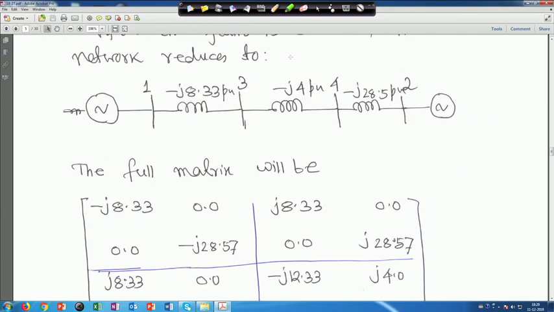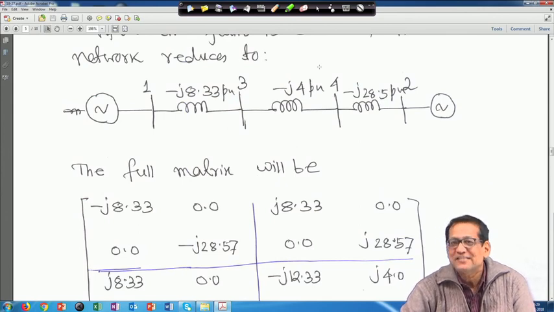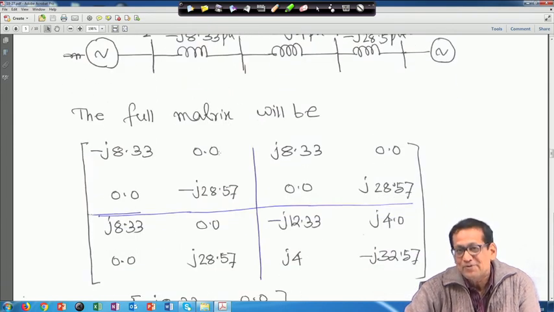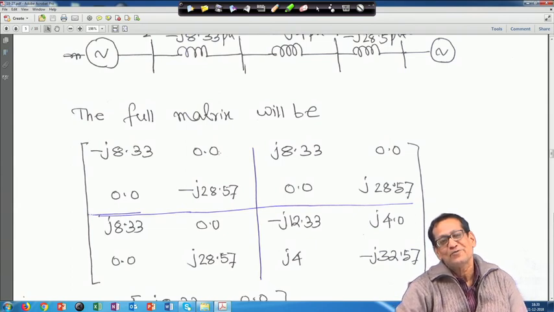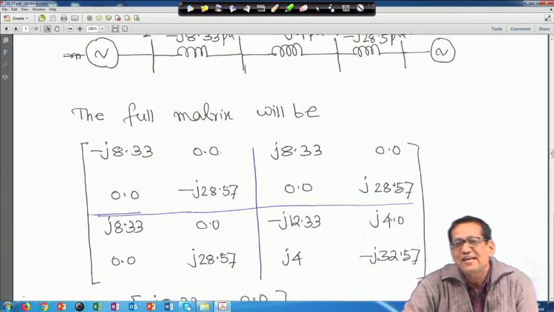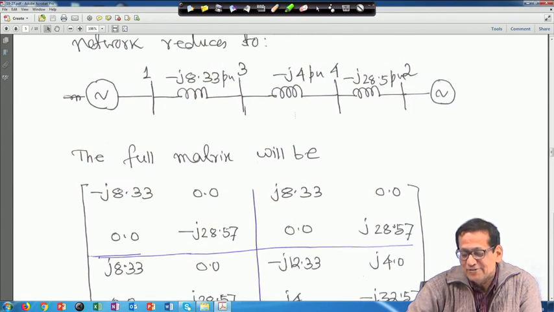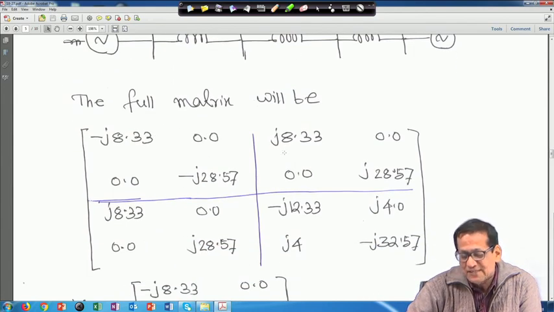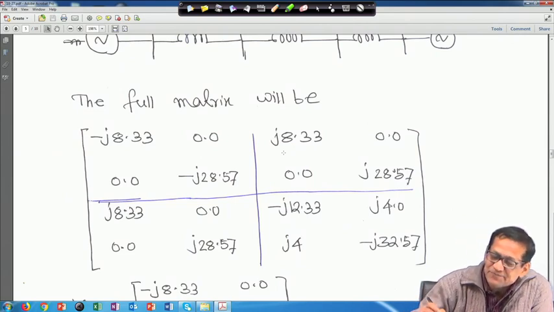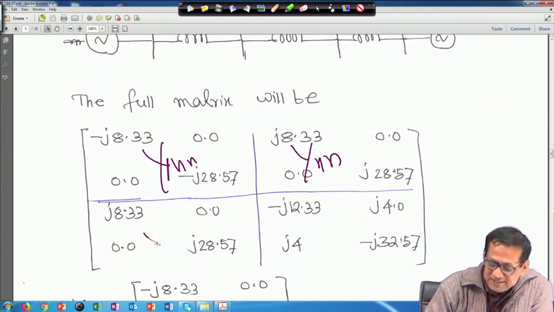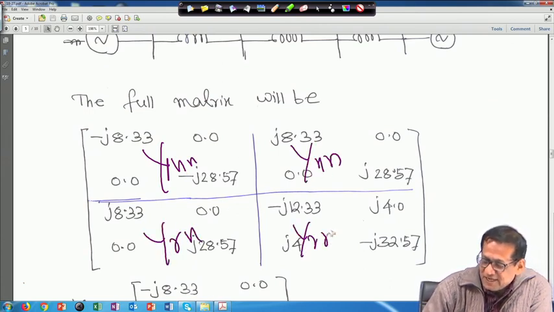In that case you simply construct, again it will now be a 4 into 4 matrix, right. So, you can easily construct that 4 into 4 y matrix. During fault condition, the third row and third column were eliminated, because the fault occurred at bus 3, so that bus voltage 3 is 0. But for post fault, when that line is removed, and this is the network diagram, if you construct the Y matrix, it will be like this, and you partition it. So, this is again a 2 into 2 matrix Y n n, this is Y n r, this is Y r n, and this is Y r r, right.